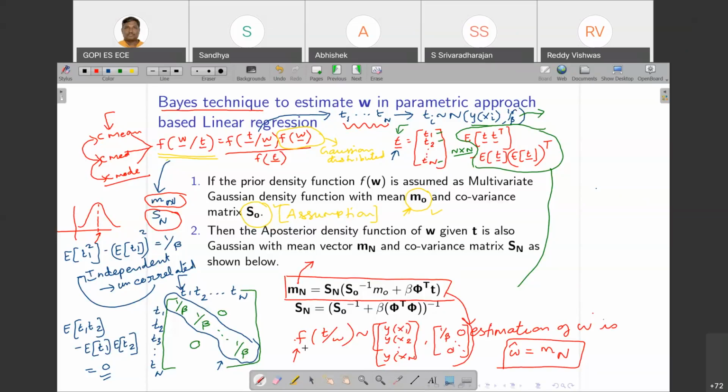So we are giving the information regarding f of t given W, and for f of W we are not restricting anything to m naught and s naught. In the next class we will restrict the